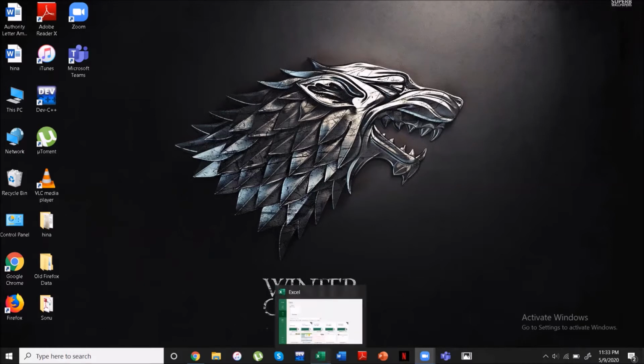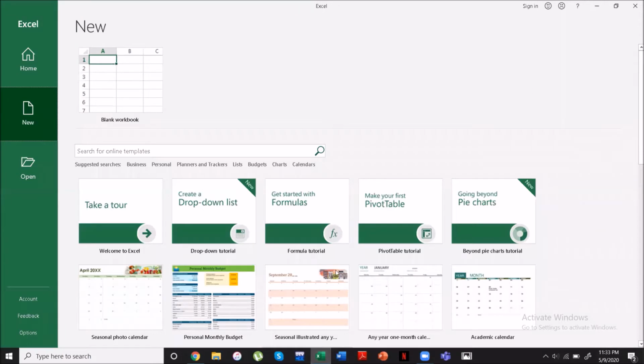So I simply clicked on the icon here to get started using Excel, and Excel now would like me to make a choice. It wants to know if I would like to open up an Excel template or simply open a blank workbook. You can see that there are lots of templates to choose from. For instance, this is a Welcome to Excel tour, and it's a good way to learn some of the basics of Excel. But that's why you're watching my video, so I'm just going to skip that one. There are all sorts of great Excel spreadsheets that you can just open up and start changing the data and start using it that way. So I would encourage you to browse and explore these templates that are available to you.